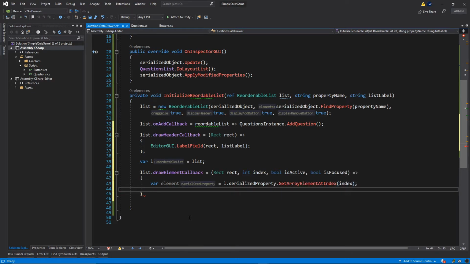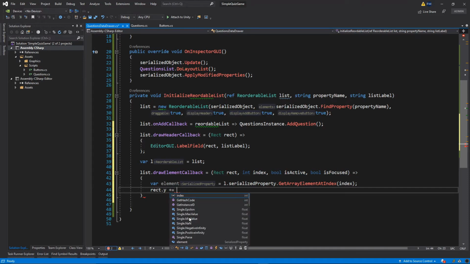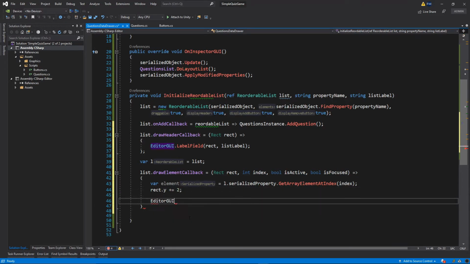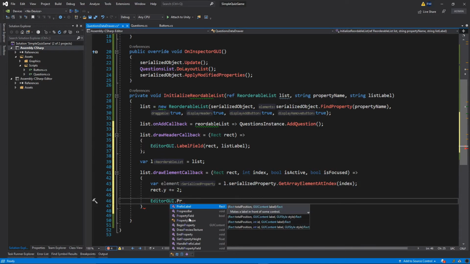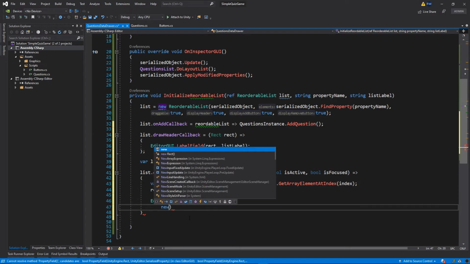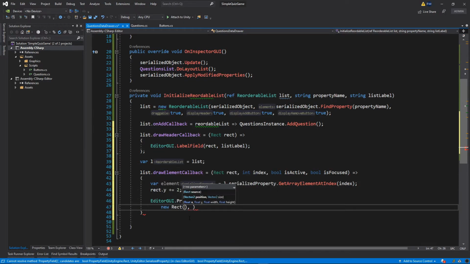Then we want to move the position for the next element by 2, so rect.y plus equal to, and then EditorGUI.PropertyField, and then let's put rect, and then let's add new rect, and let's put the rect.x,